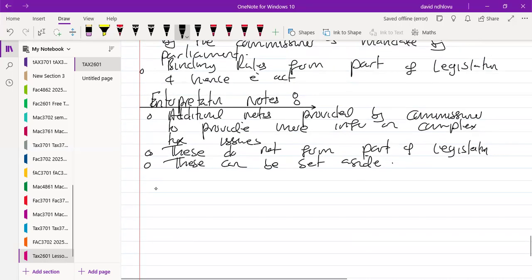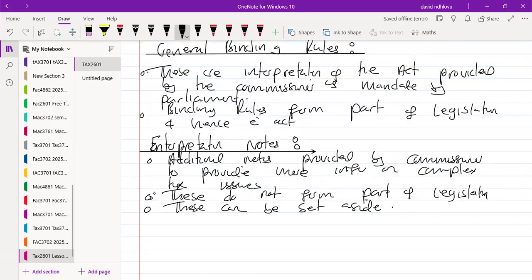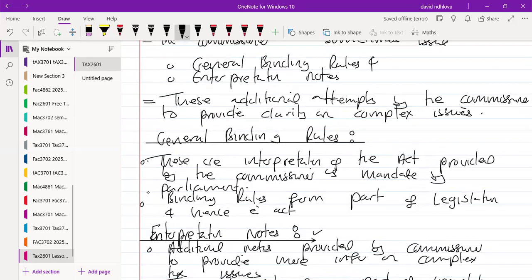So when they ask you multiple choice questions there, they will write statements. But more importantly, they'll be trying to test you for your understanding of the fact that this does not form part of the Act. This is not binding on either the taxpayer or SARS. However, on this one, you need to remember that this is binding and eventually ends up as part of the Act. You get a couple of questions on multiple choice on this. So it's a red flag. You need to make sure you are very clear on that.